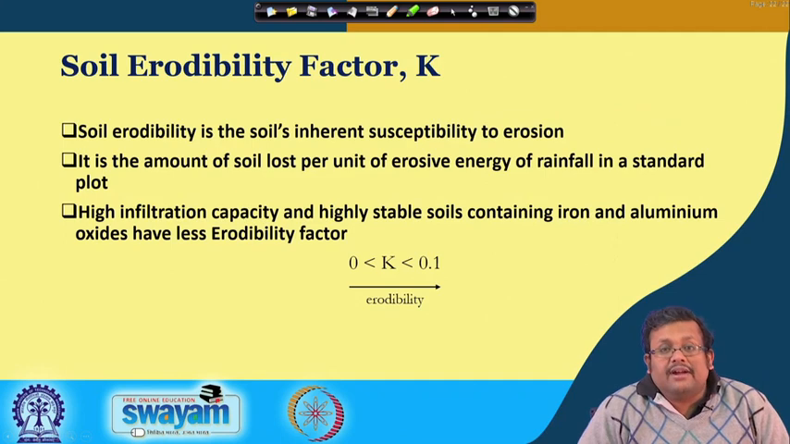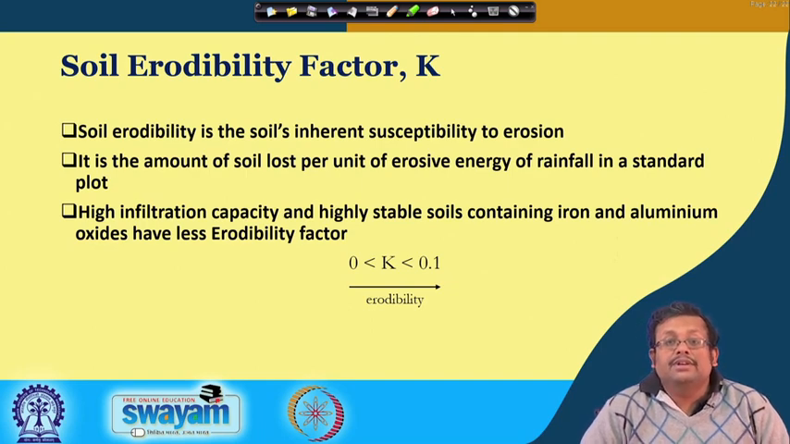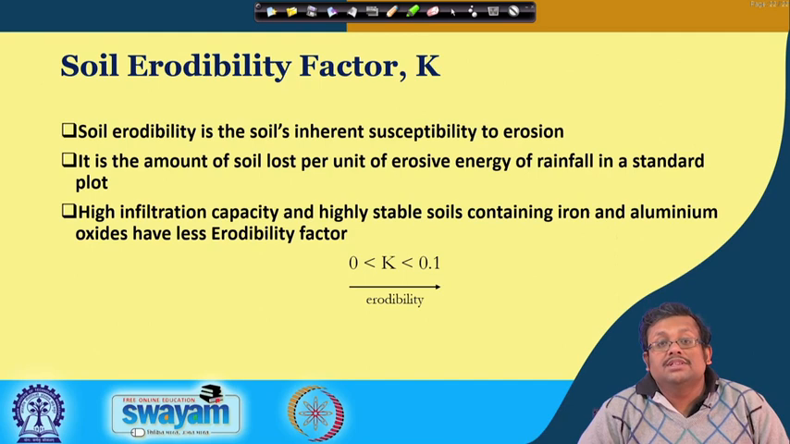So the second factor is the soil erodibility factor, or K factor. Soil erodibility is the soil's inherent susceptibility to erosion. Remember that it is the amount of soil loss per unit of erosive energy of rainfall in a standard plot. Highly stable soils with high infiltration capacity that contain iron and aluminum oxide have a lower erodibility factor. This erodibility factor varies from 0 to 0.1,